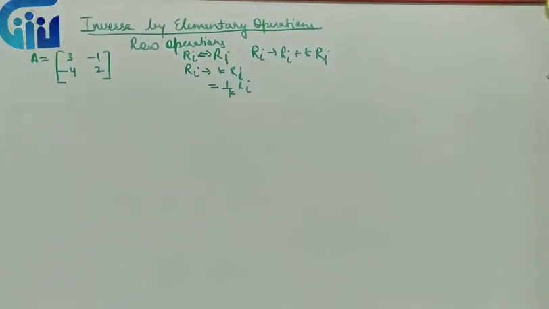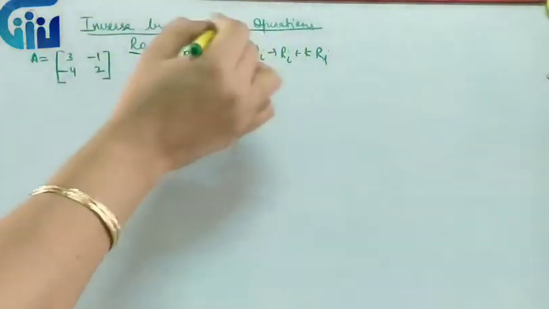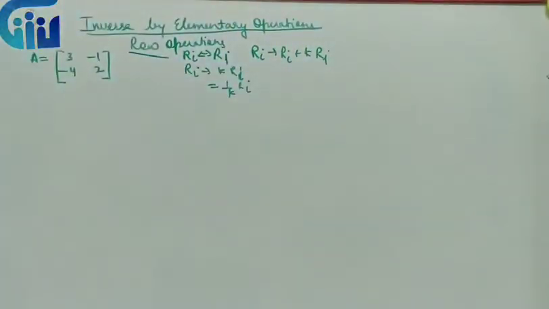Very important. I can change R2 to R1, R1 to R2. I can multiply R1 by 3. I can multiply R1 by minus 3. I can multiply R1 by 1 upon 2. Similarly, I can write R1 as R1 plus 2 times R2, depending on the situation and what we want. So these are the three operations. Everybody has to keep this in mind. If I am doing by row, my operations will be only in terms of row.